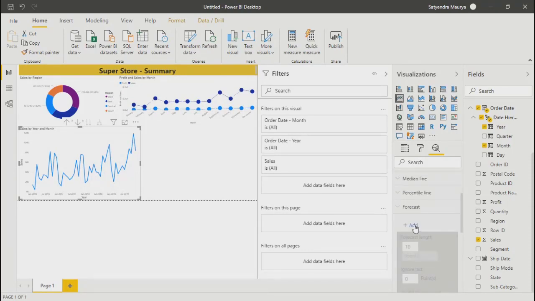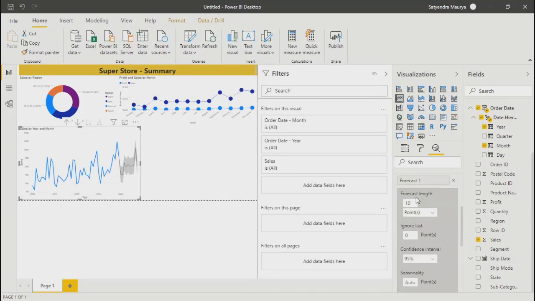If we add forecast, it is going to show you the forecast for as many units as you want. So when we say units, basically we were showing our data by months, right? If I have given, let's say, 15, it will show for the next 15 months what is my trend.